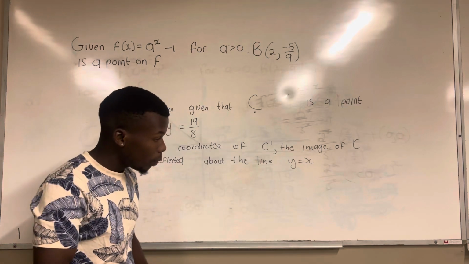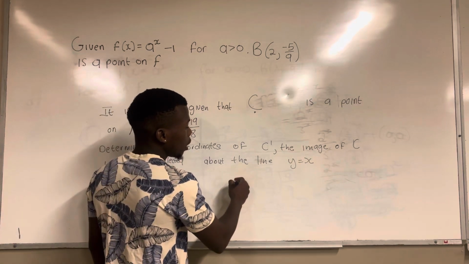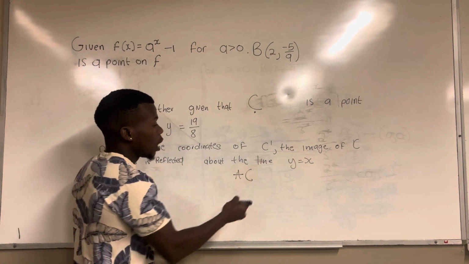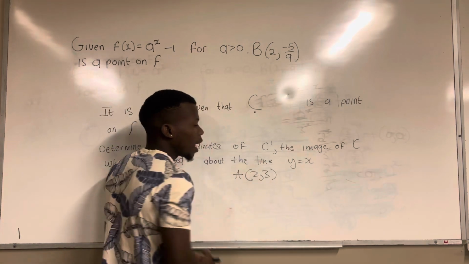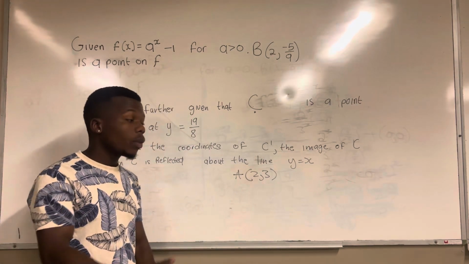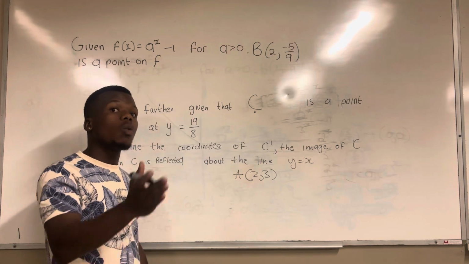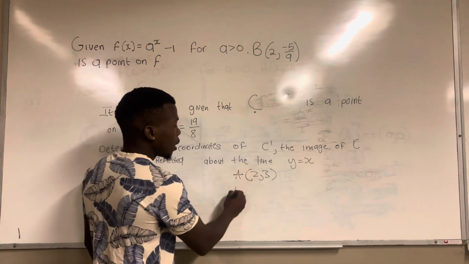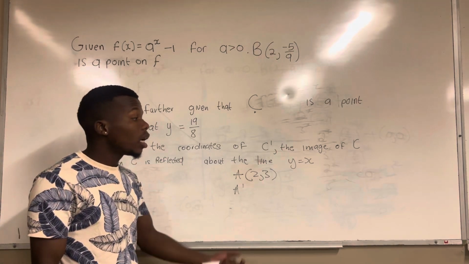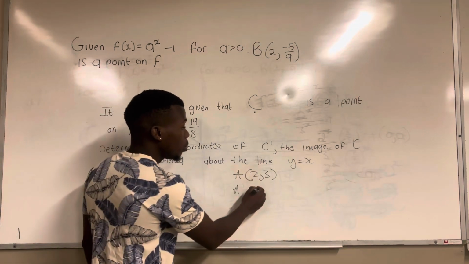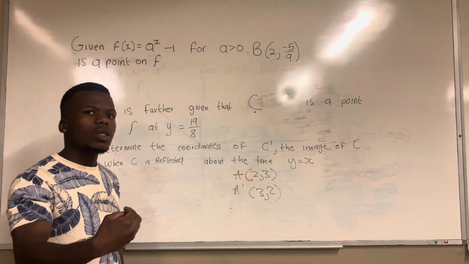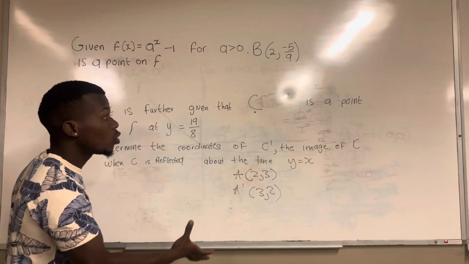For example, if I'm given coordinates, let's say I'm given point A on my function. My point A has 2 and 3. And then they say they reflect our function on y equals x. We said x becomes y and y becomes x. Meaning the image of A when f is reflected about the line y equals x will be 3 and 2. So it is automatically, my friend, that we need to calculate